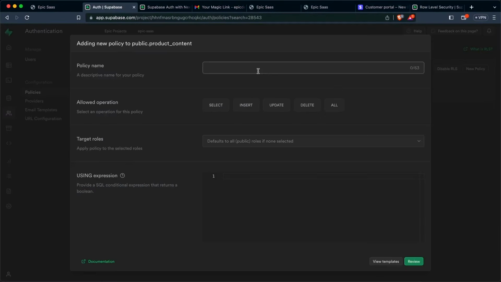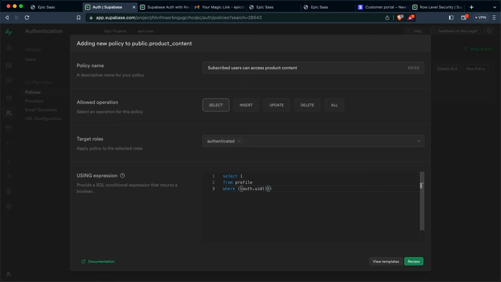So we're going to add a policy name, subscribed users can access product content. This is for select. It's going to apply to authenticated users, and this is going to be a far more complex conditional. We want to select just one row from the profile table where the